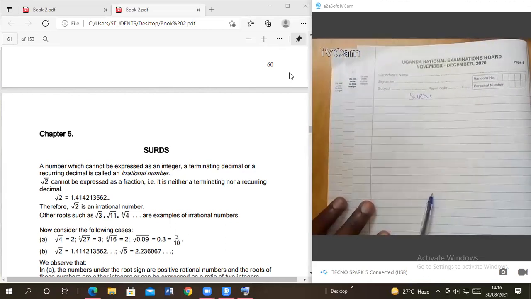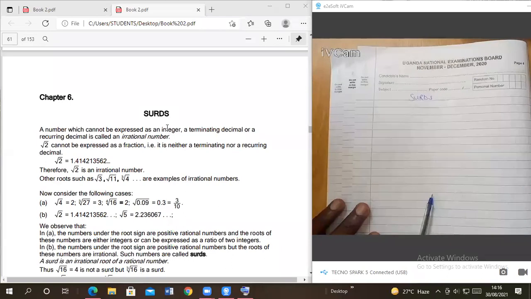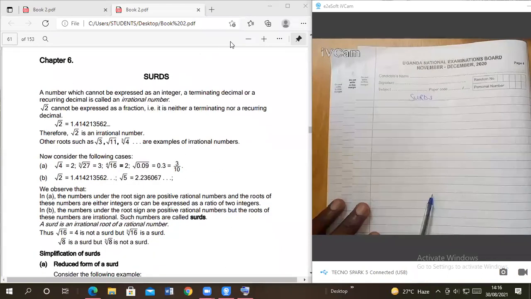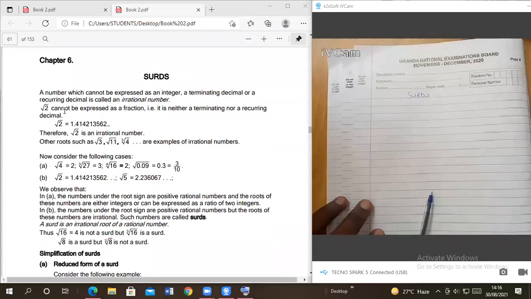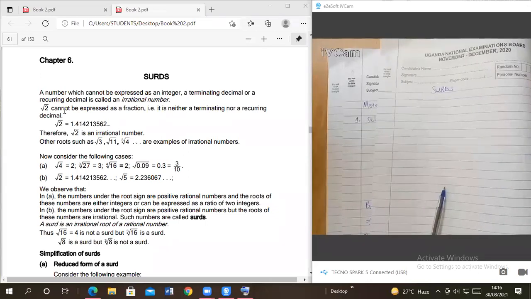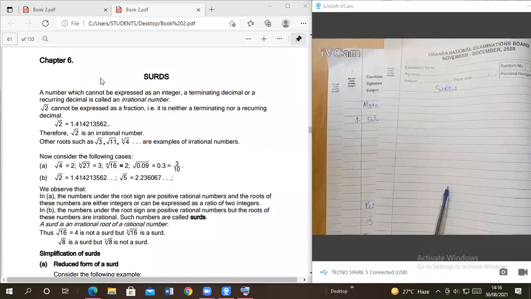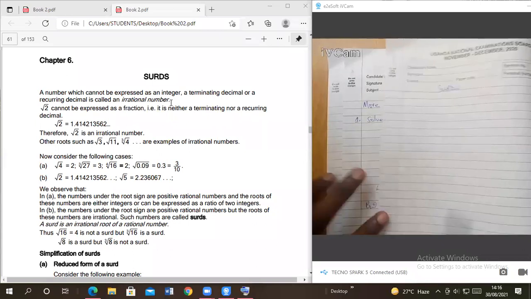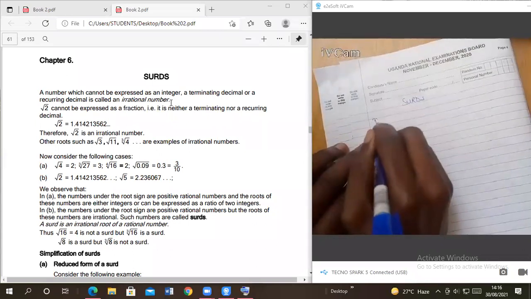Surds. Members, we said a number which cannot be expressed as an integer, or a terminating decimal, or a recurring decimal is called an irrational number. So an irrational number